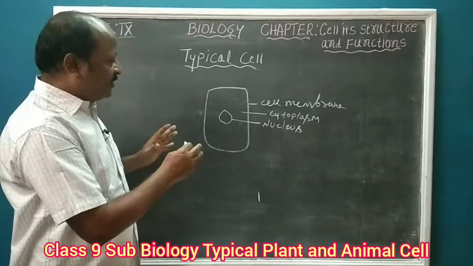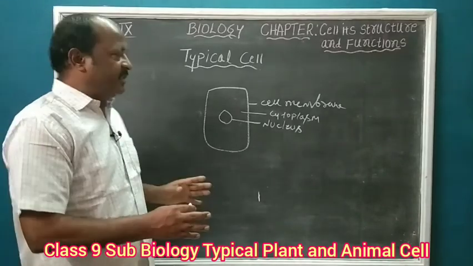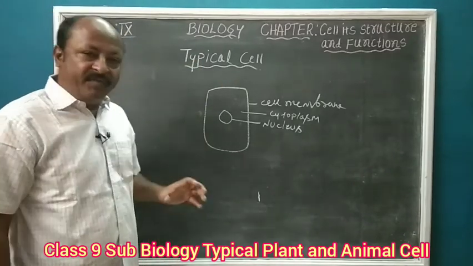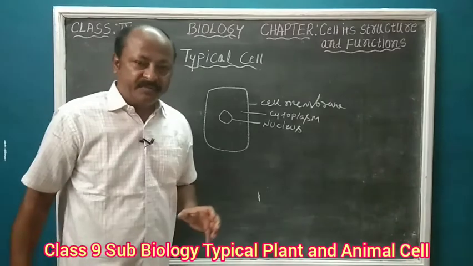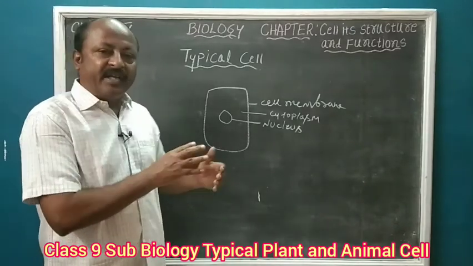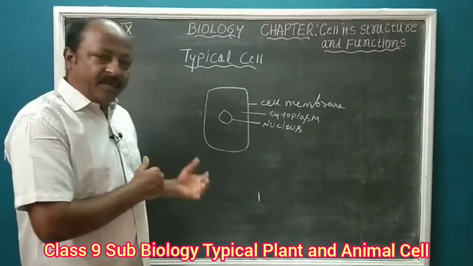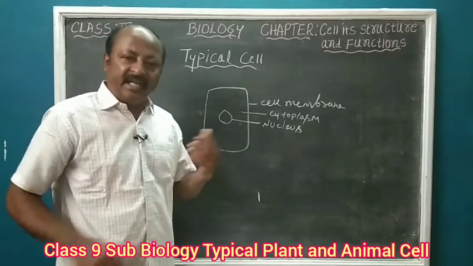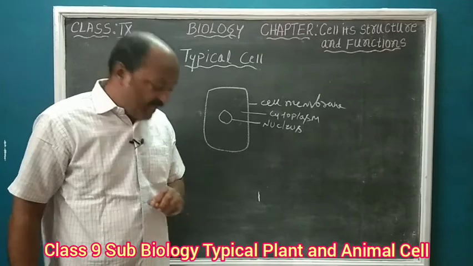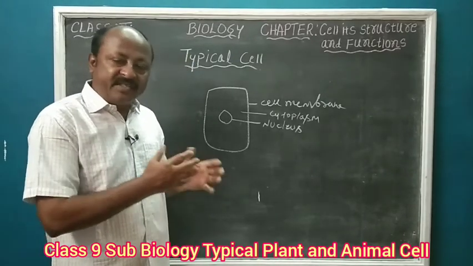So in this way, most of the cell organelles which exist in most of the cells are taken in a typical cell and they are studied. When we arrive at such a model, we can compare the cells, we can compare the similarities and differences between them. For example, when we talk about a plant cell and an animal cell, the features which are present in the plant cell may not exist in the animal cell. So we can compare them, we can study them.